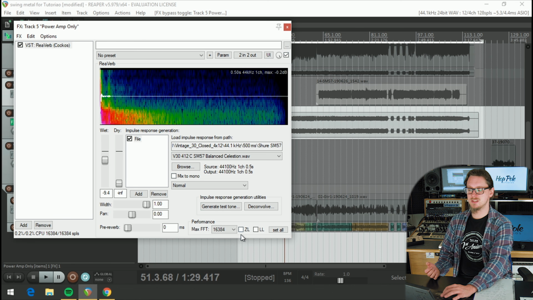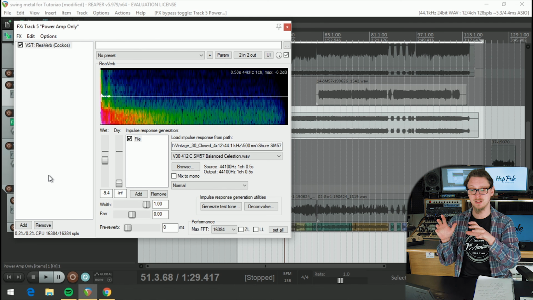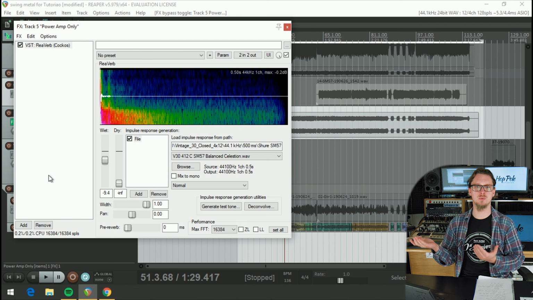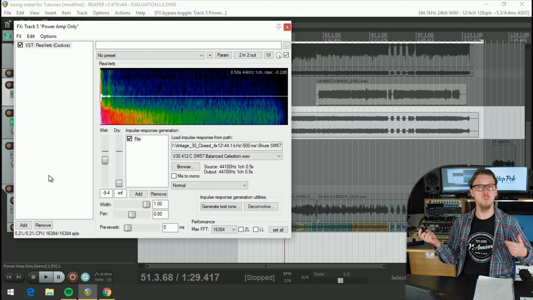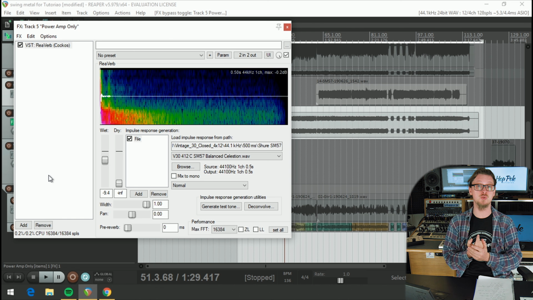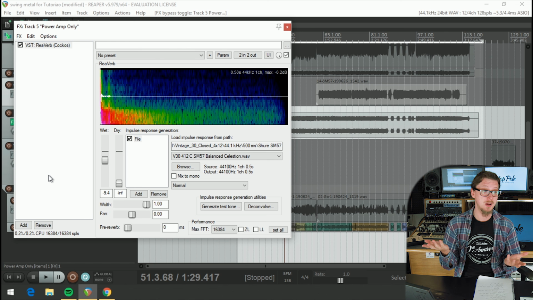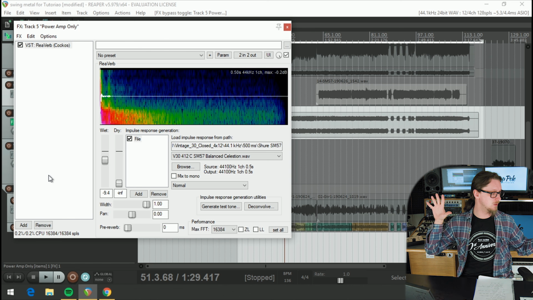And because I'm not using the zero latency here, I'm using 0.2% of the processor usage, again on this basic old laptop, to make it sound like it's coming through a real screaming 4x12 cabinet. Which, if you're recording in silence, is exactly the kind of thing you probably wanted to use Reaper for in the first place. Because if you're recording at home, you probably want these kind of features where you can have your real analog gear, and it might take an extra bit of equipment. Like if you're using a tube amp,